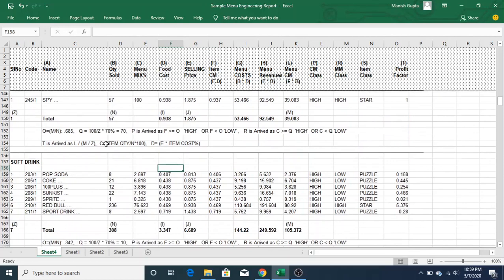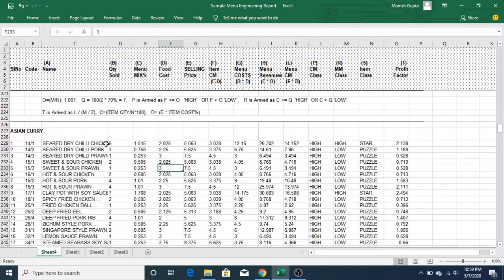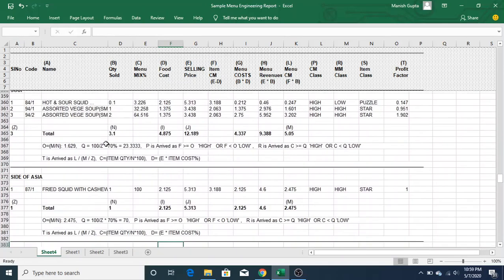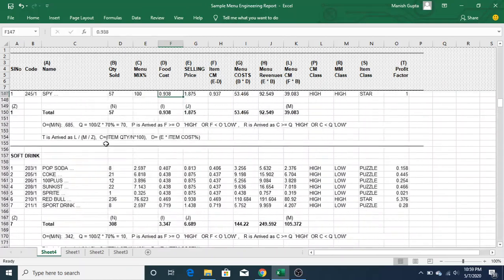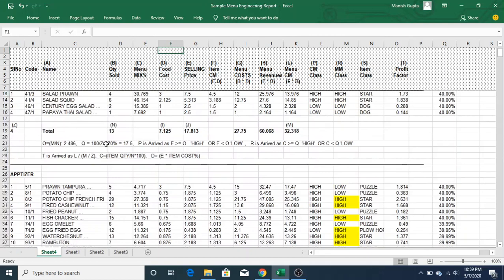So these are the ways you can understand the menu engineering report. I will be uploading this report into the course, so you have a chance to look at it and try to check the formulas, and discuss together with your team members which item you should be promoting, which item you should not be promoting, and what the problems are in these percentages and in setting up the prices. So you can definitely look at more and put your discussions into the comments, so that